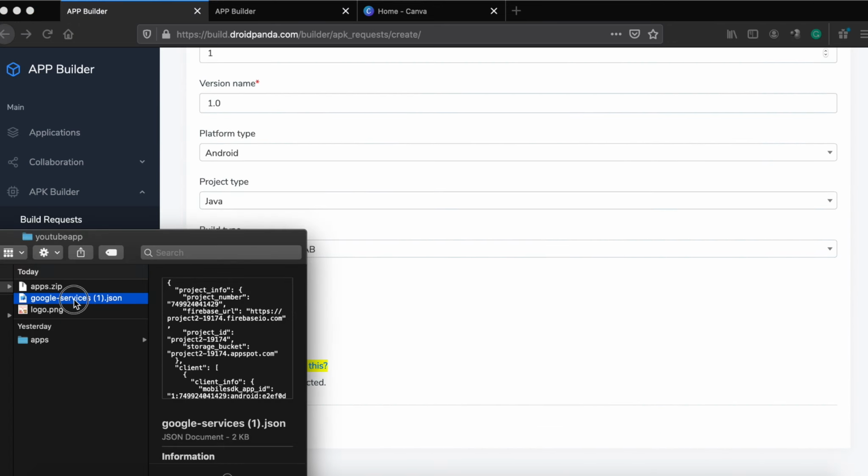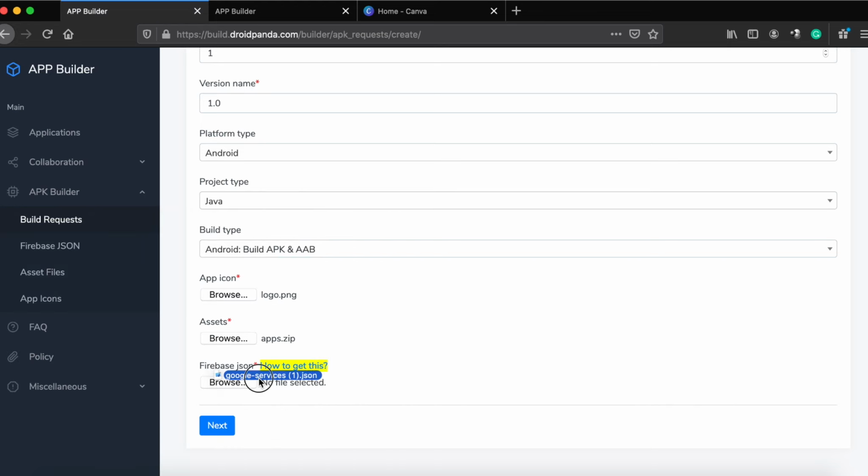Once we have the Google Services JSON file, we are ready to give other information about our app.